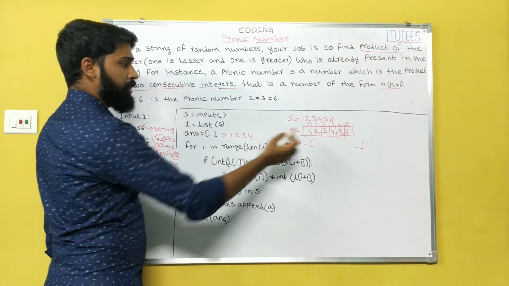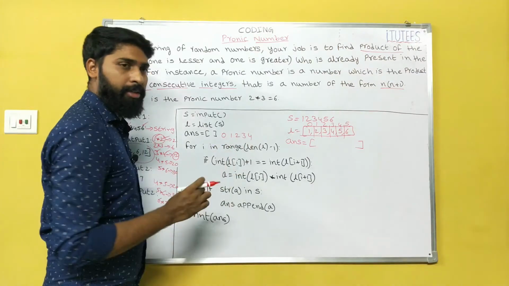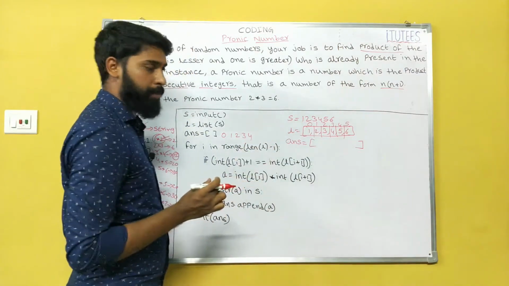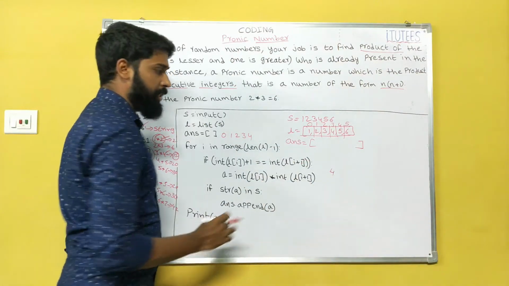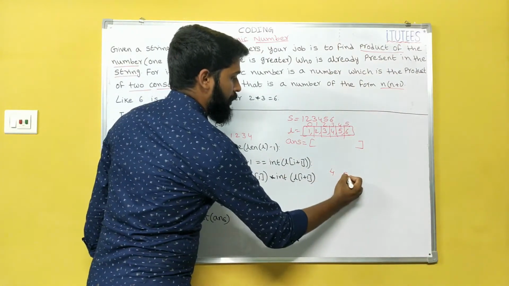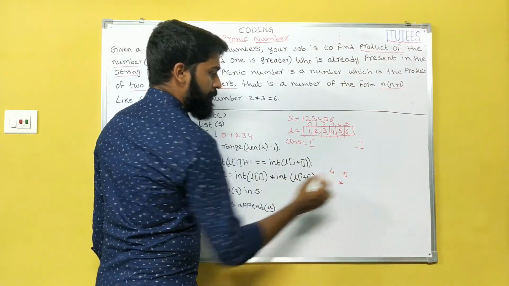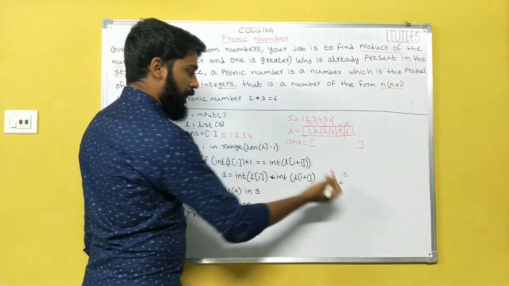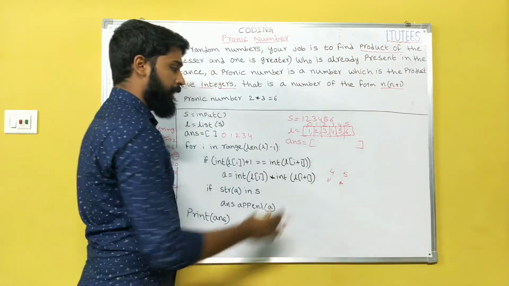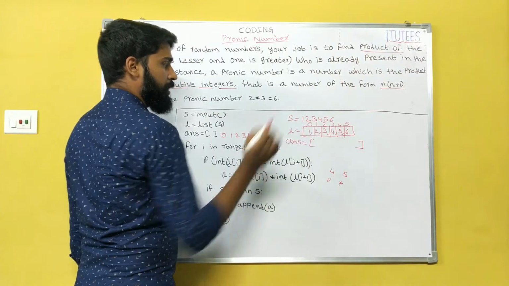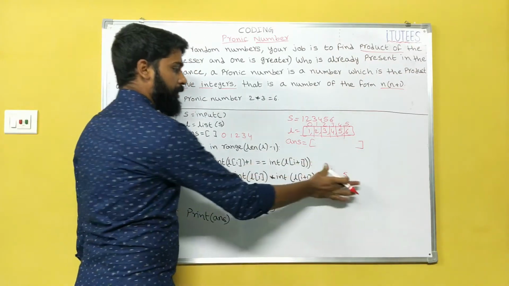The value of i first is 0. Here, every time we pick a number. For example, I pick the number 4 and check whether the next number is 5 or not. If the next number is 5, then I perform multiplication, and after multiplication we get some value. If this value is in this string, then I store the number in this answer. That is the algorithm. Now we can see that.